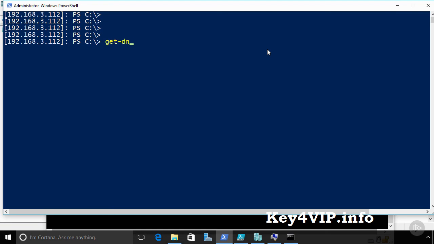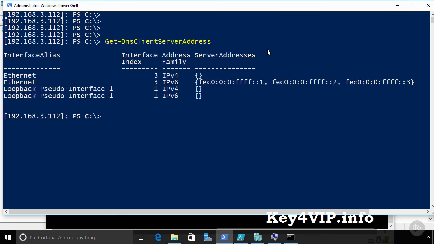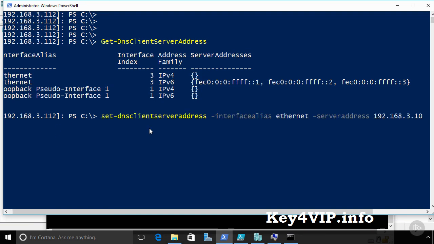Let's take a look here. Get-DnsClientServerAddress right here should tell us that, well, for our Ethernet address right here, we are simply using the default Ethernet addresses here, these IPv6 addresses, and nothing here for IPv4. So let's enter in a separate command here, which I'll copy and paste from over here, which will configure up a connection to